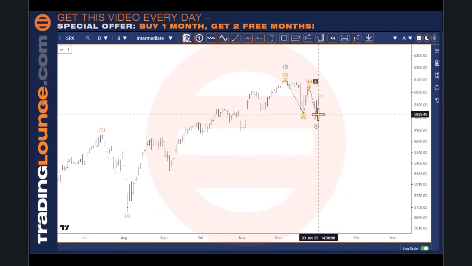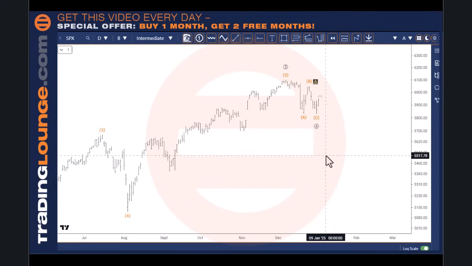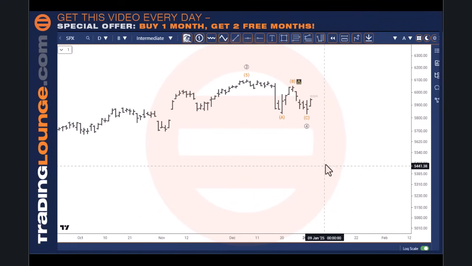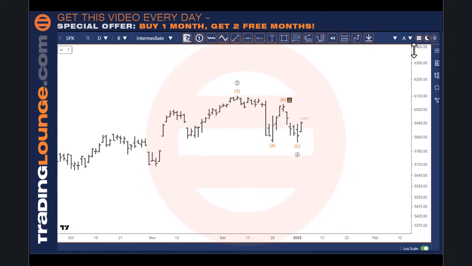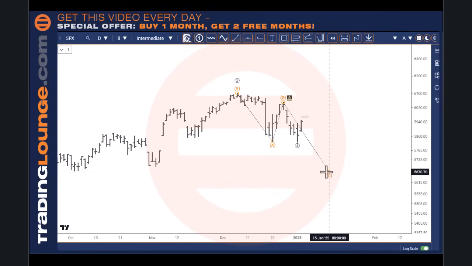So if this is a low in here, and it's possible for that to be the case, we'll look at that. We know wave 4s are tricky anyway, so out of the 12 different types of corrections, we'll be able to see any of those come into play. But I'm kind of looking for it to play down here a little bit lower, so we'll just leave that there for the time being.